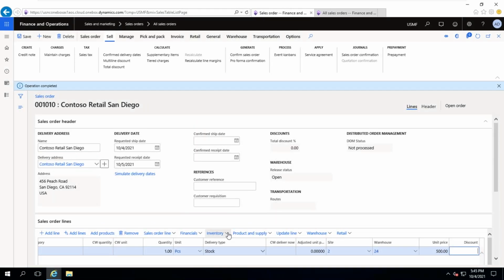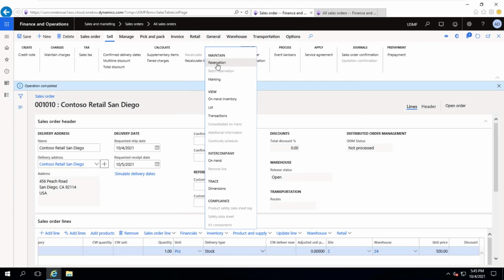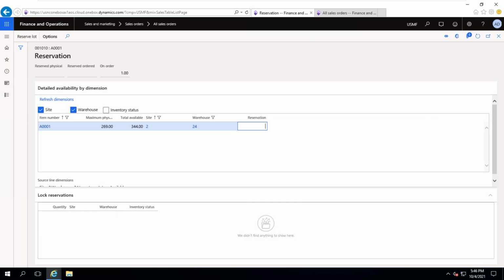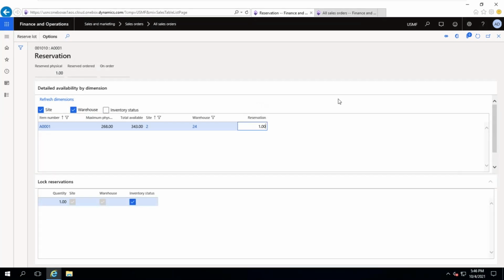So inventory reservation. Inventory reservation. So you can do the reserve lot. So reservation is happened. Now once it is reserved, the stock,